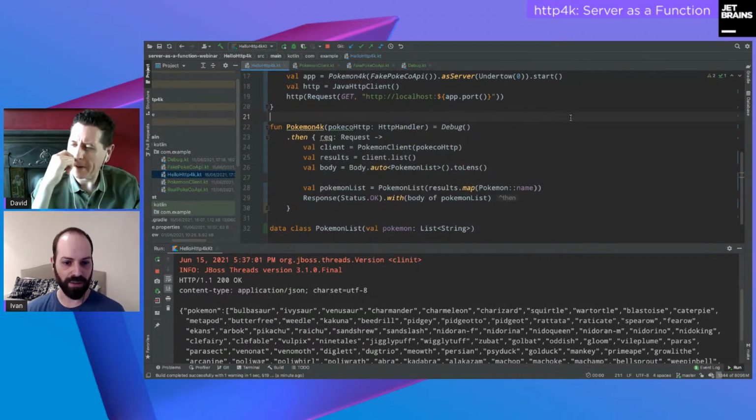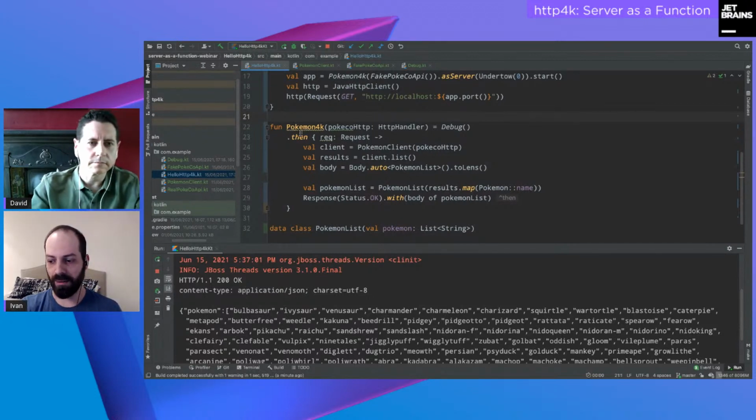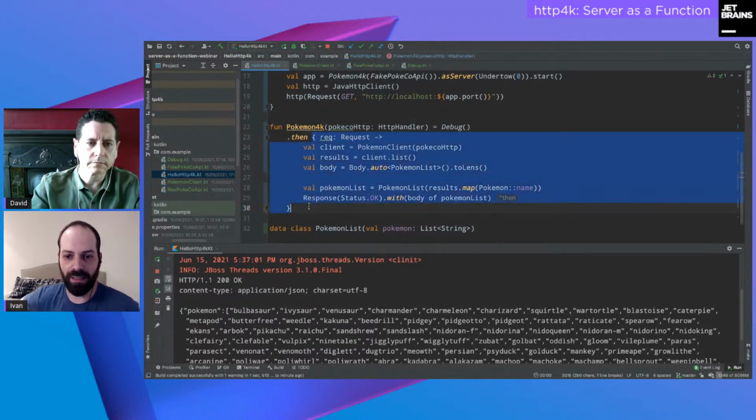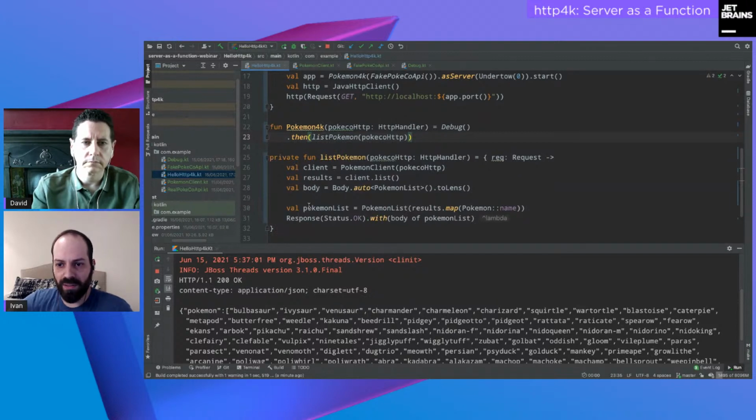but like you saw, you can build a lot without that. But at some point, you need to figure out that if I'm calling particular paths, I need to redirect that request to a particular HTTP handler. So let's start by extracting our list Pokemon function from there. The list Pokemon is also an HTTP handler. And we're only doing that to make it simpler to see that on line 23, we can add some